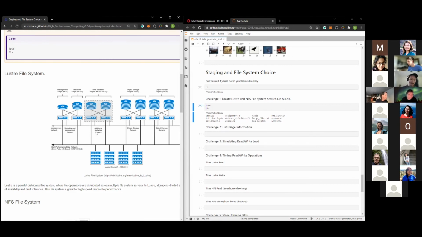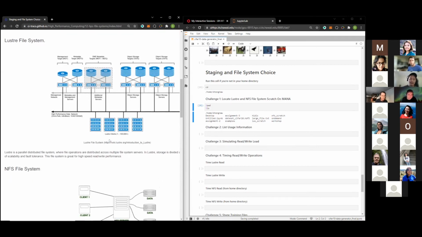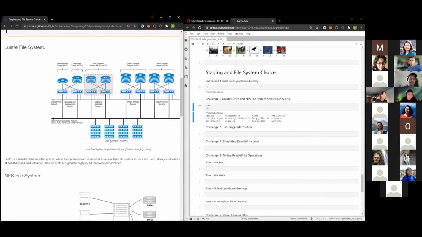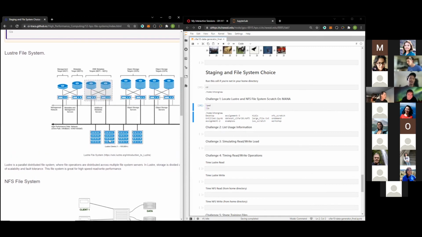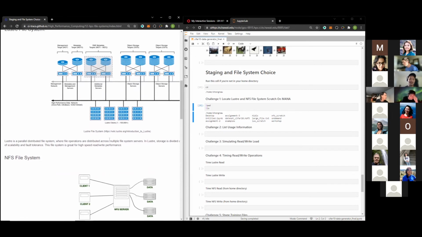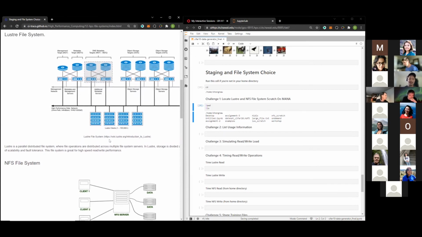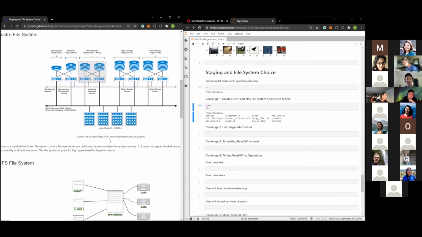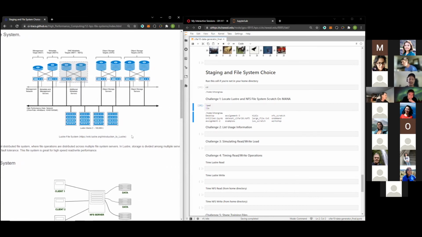Okay. So just a little bit about the two different file systems. The first one is Luster file system. And really what it is, is a parallel distributed file system where file operations are distributed across multiple file system servers. In Luster, storage is divided